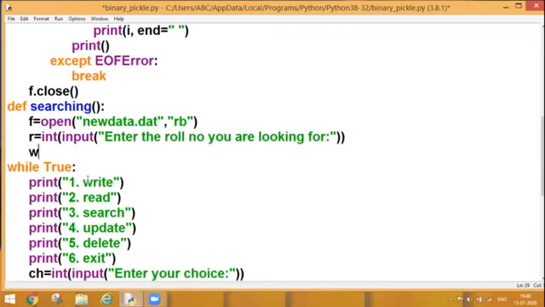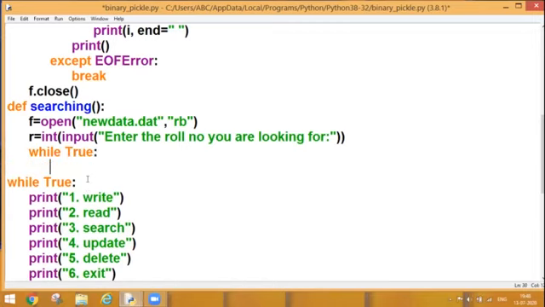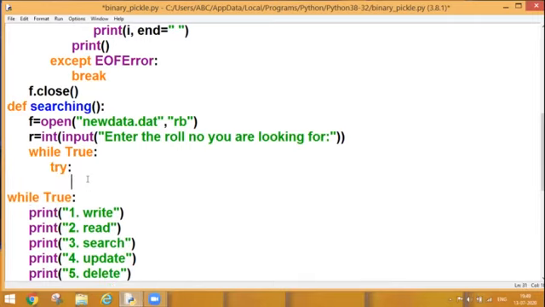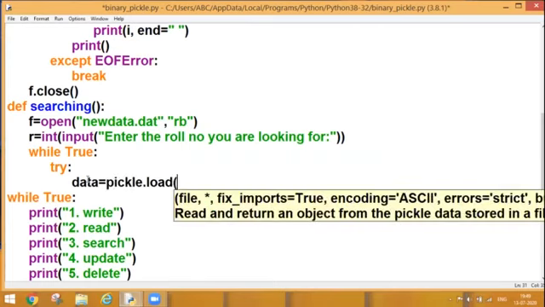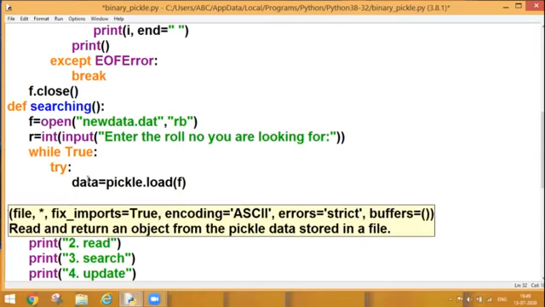After that, I will start reading my data from the file, and I will repeat the same procedure, try and except block. In my try, what will I do? I will read the data one by one. That means data is equal to pickle dot load, and my file object is f, so I'll be writing this.